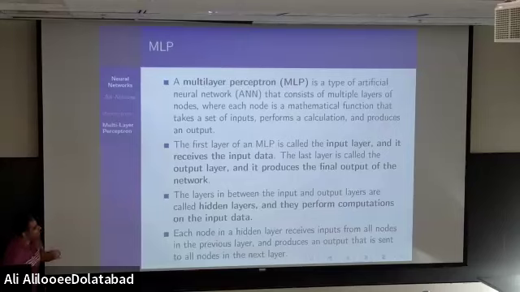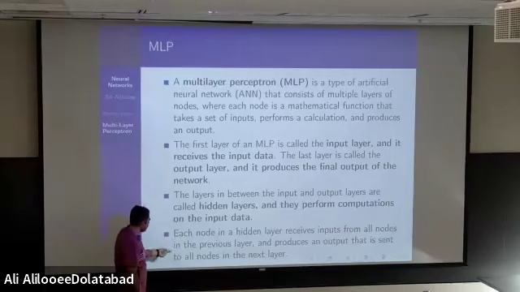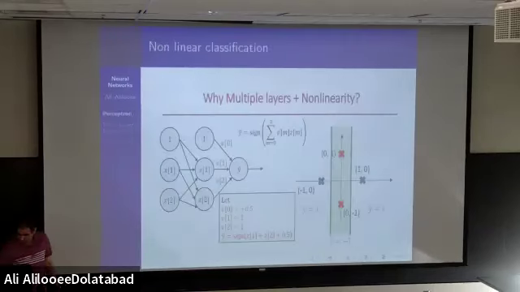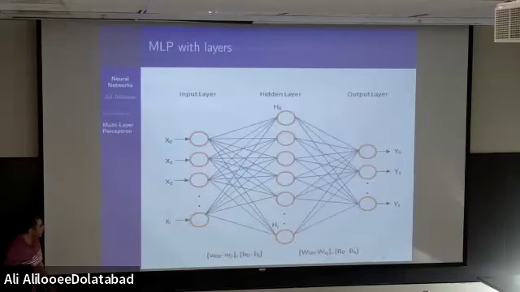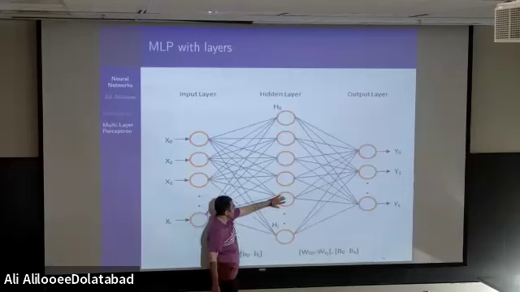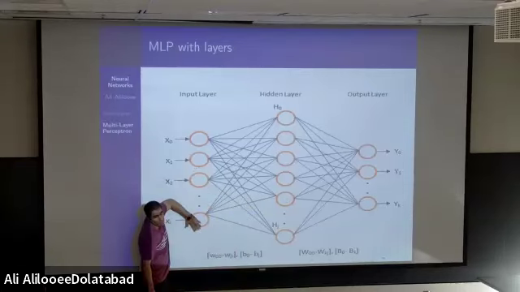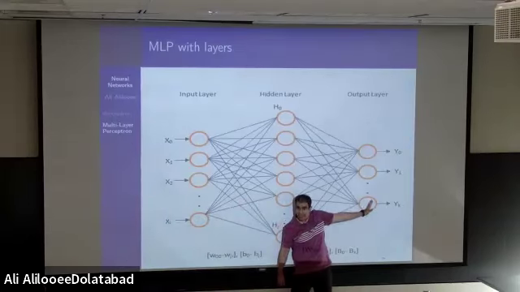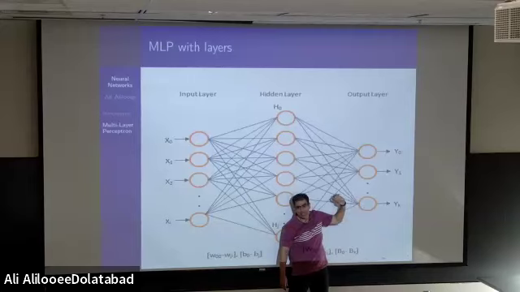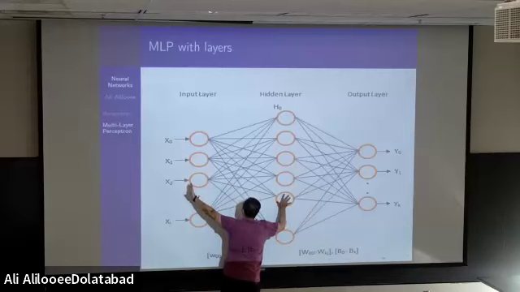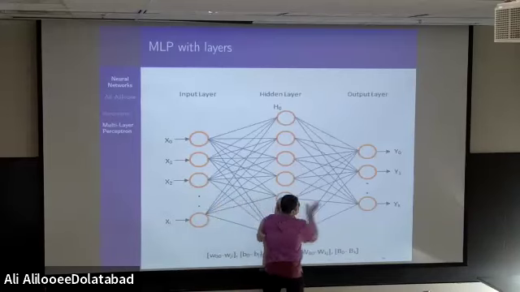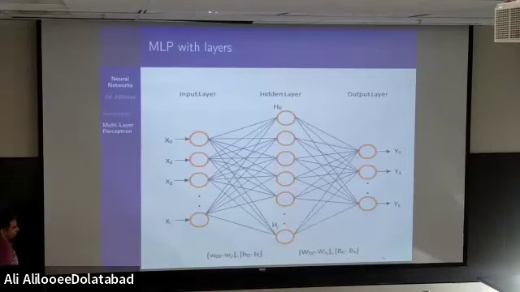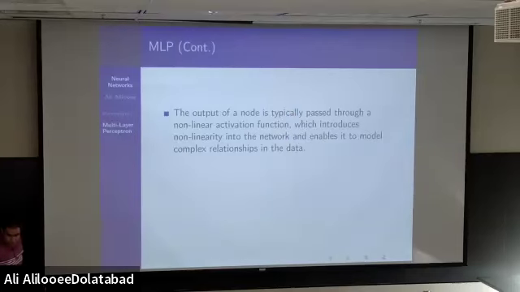And this neuron does exactly the same thing. It produces an output that is sent to all neurons in the next layer. Make sense? Here, as you can see, this guy, for example, will receive information from all neurons in the previous layer, and this guy will send information to all neurons in the next layer. They're receiving information from all neurons in the previous layer and will send information to all neurons in the next layer. It is actually the foundation of these models.